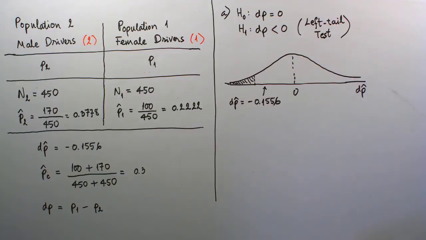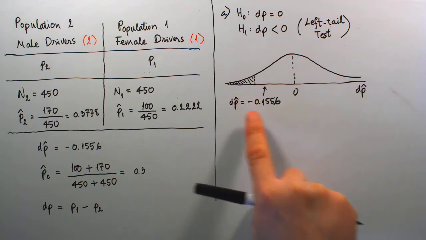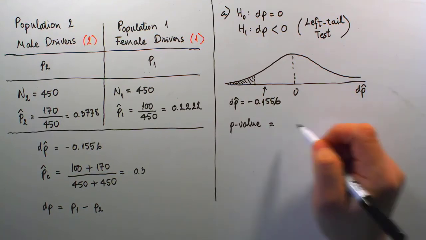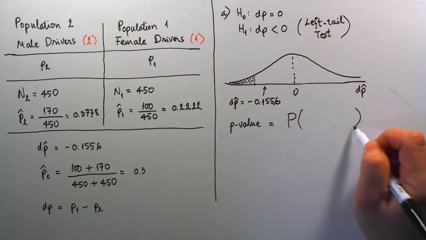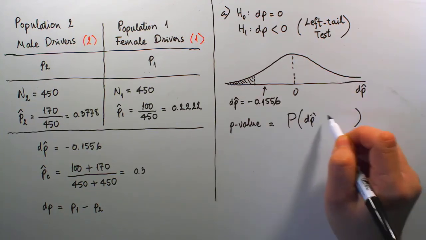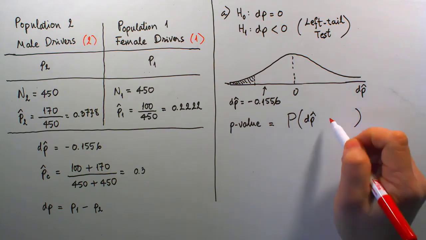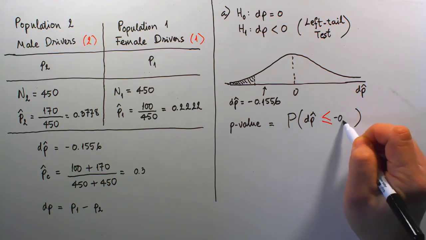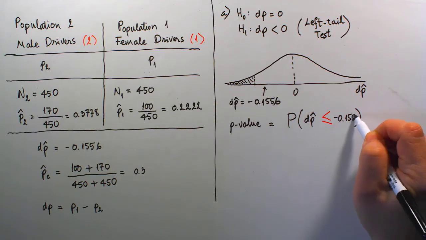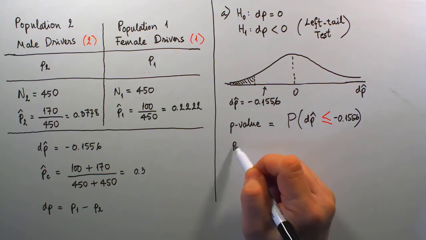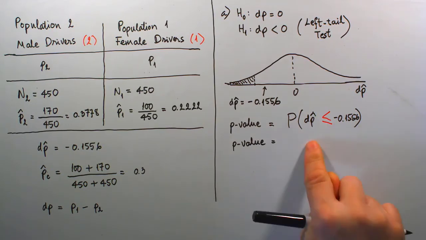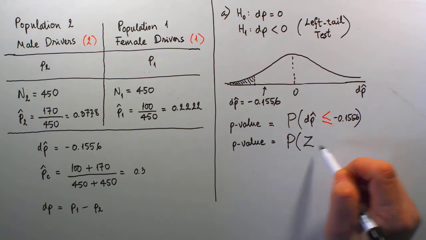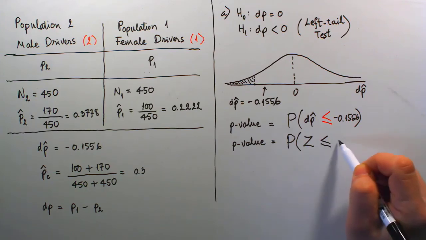And so in that way it will make perfect sense that calculating the p value for our sample will be set up as the probability that on this bell curve we're going to find a dp hat being this time less than or equal to our sample value, which was already known to be negative 0.1556. And so consequently, as the next step, this area on our current bell curve will equal the area on the standard normal distribution bell curve, where we're looking for a z-score falling below negative